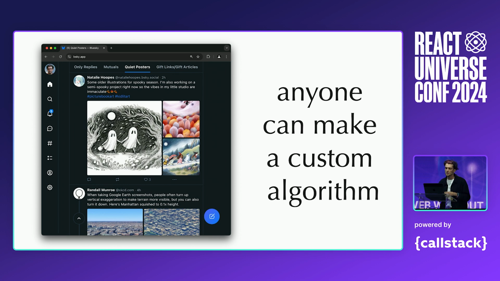For example, this is a feed called Quiet Posters that is run by my friend, and it shows content from people that I follow who don't post very often. This is an algorithmic feed that's not built into the app, but that's possible to add as a third-party thing.